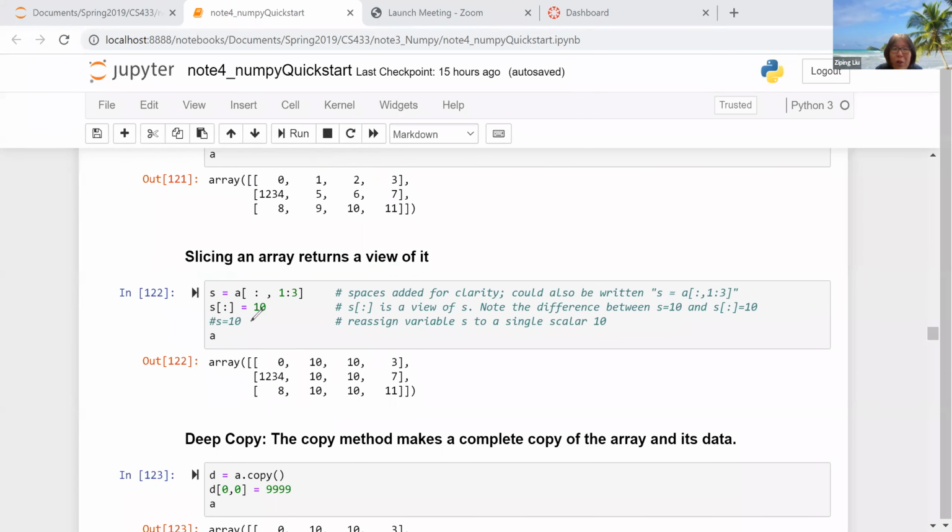But you need to be careful, okay? If you do this, here you have the view, and if you instead do s equals 10,